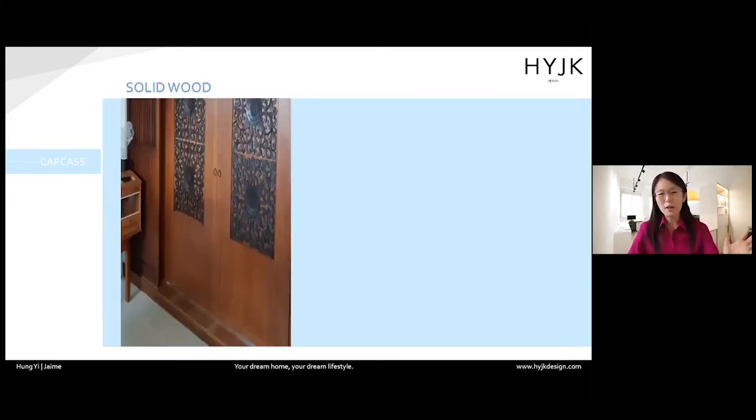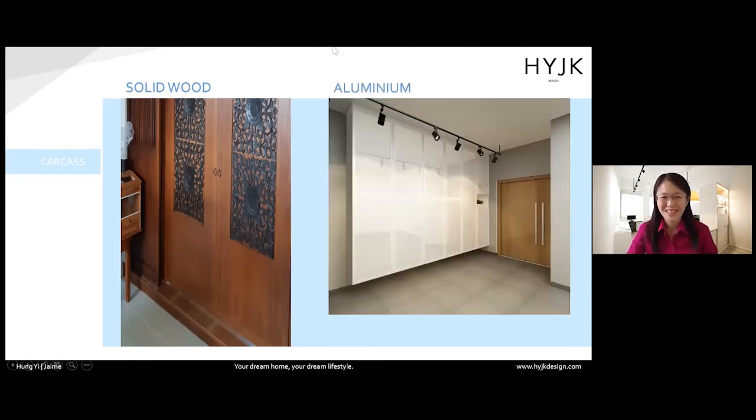So I didn't talk about solid wood because solid wood is pretty different. With solid wood, you actually have a different set of carpenters. Most carpenters who do plywood carpentry do not do solid wood carpentry. The skill sets are pretty different. But what is good is that you can do very, very intricate designs. And of course, it's authentic, it's real wood, but the pricing is way, way higher than you would have for plywood carpentry.